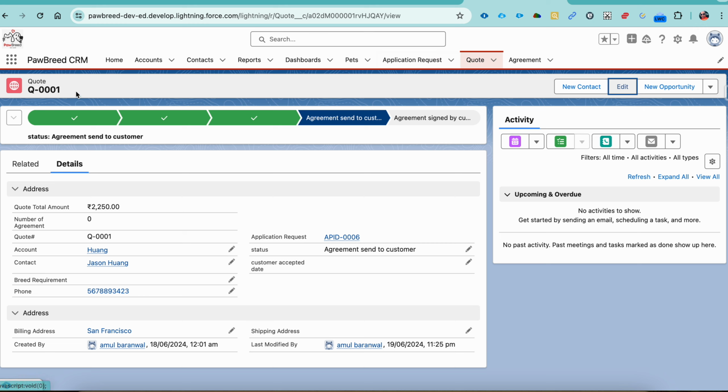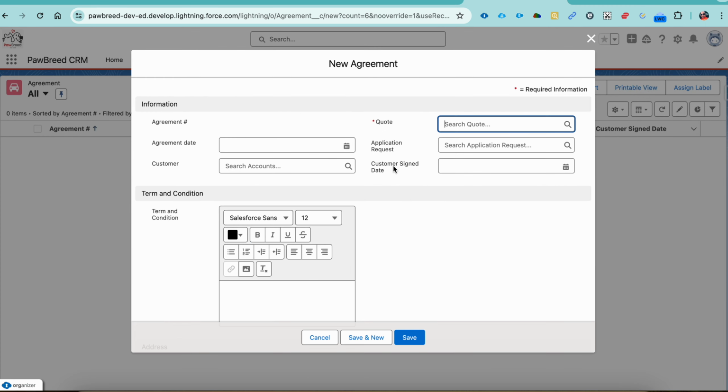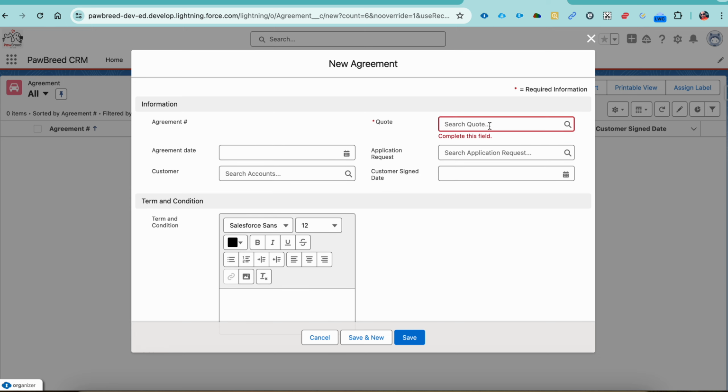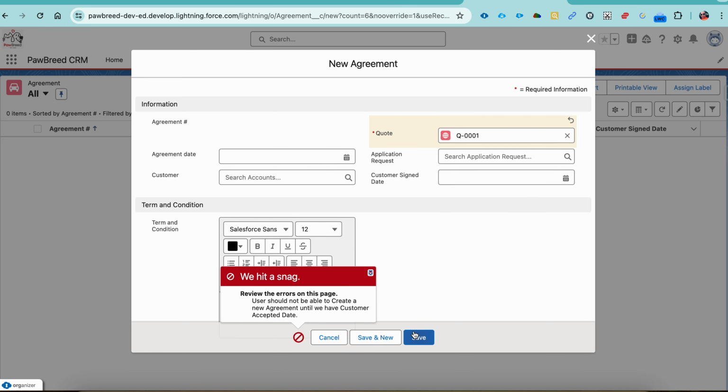So let's see if I'm going to create a new agreement here, where the customer accepted date is blank, right? So if I go and create, I'm selecting my first quote and then hit save button. So you see, users should not be allowed to create a new agreement until we have a customer accepted date. So for this, customer accepted date is very much required because we need to send the quotations. Customer should accept first before I initiate a